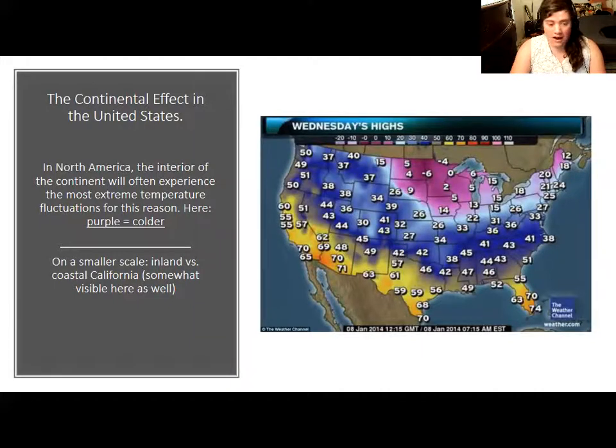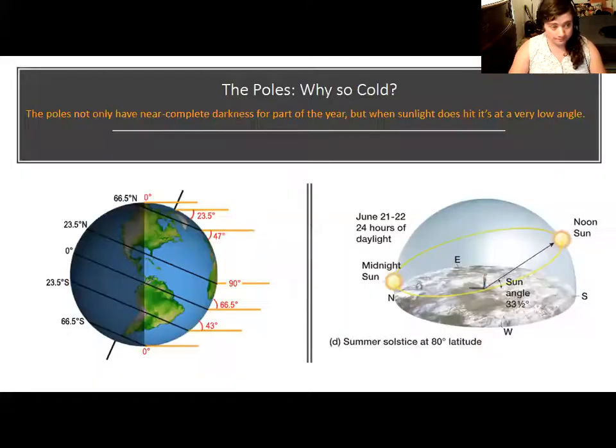And on a smaller scale, if you are someone from California and you've spent a lot of time in California, you'll realize the coasts feel nice. It doesn't get too hot, or too cold. Then you go into the Central Valley, and in the summer it's 100 degrees there and it's cold at night. You go out into the desert and it's above 100 degrees in the day in the summer, and then the temperature drops to frigid at night. And that's because you're further from the ocean. The rock and the other solid substances surrounding you do not regulate the temperature as well as the ocean does.